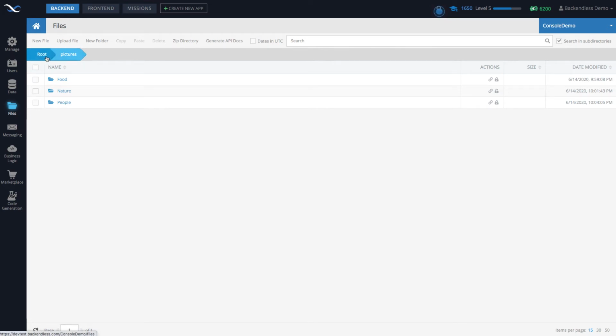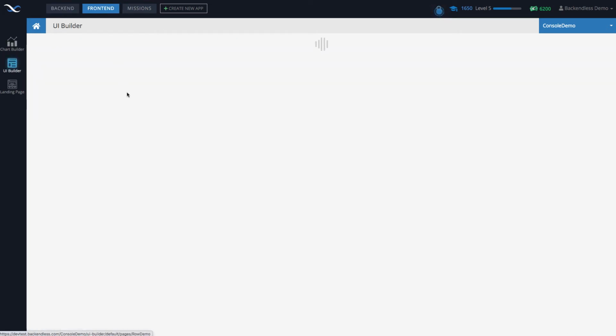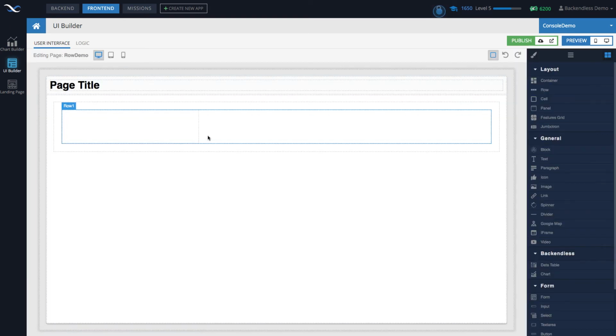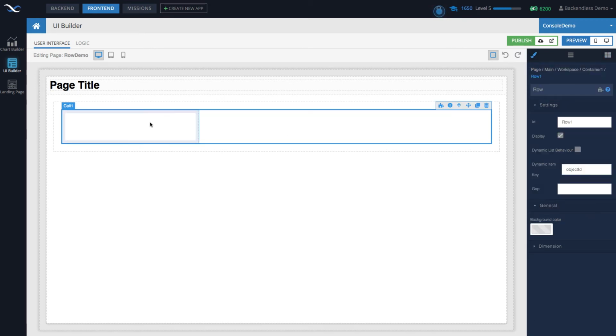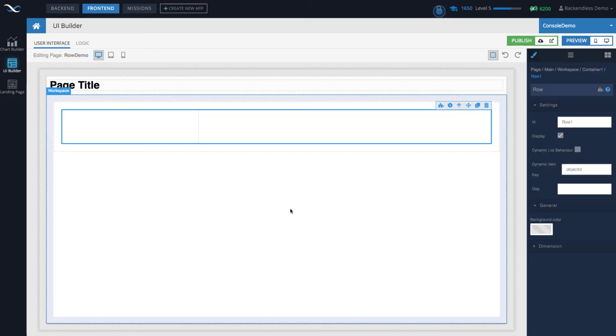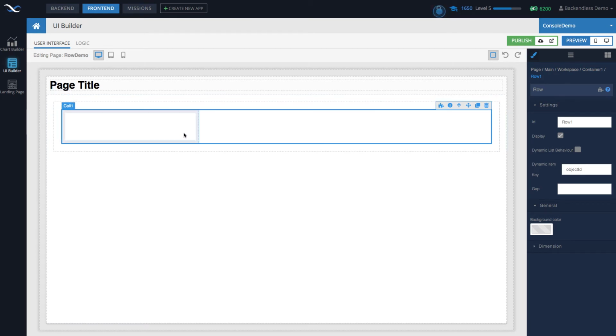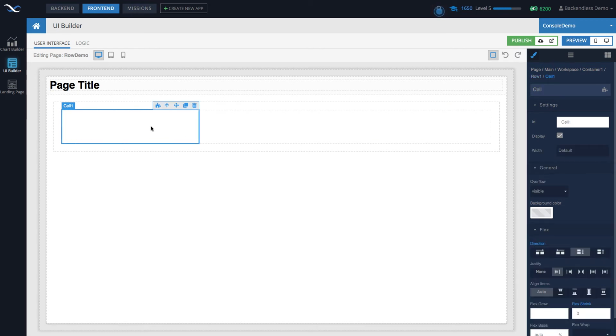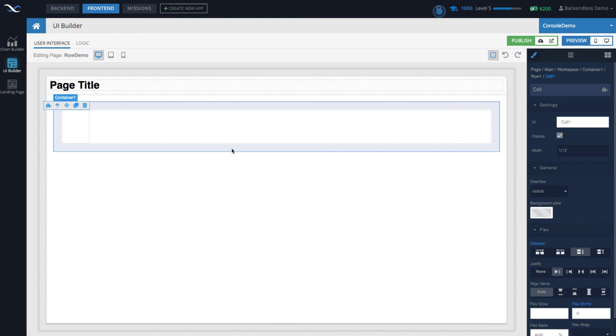In this demo, I want to create an example where I fetch all the images and use a single row, and I replicate the cell over multiple lines to create an image gallery. So that's going to be our task. To do this, first of all, I will modify the width of the cell to be the smallest possible, 1/12.